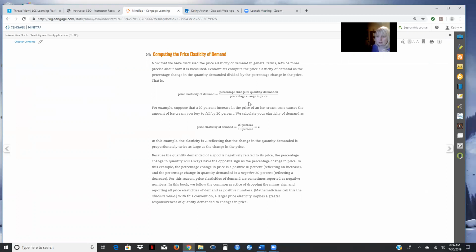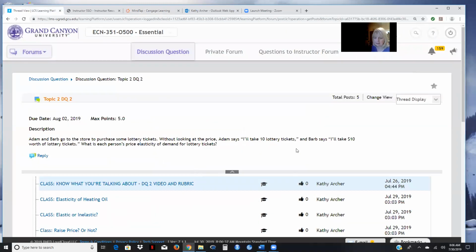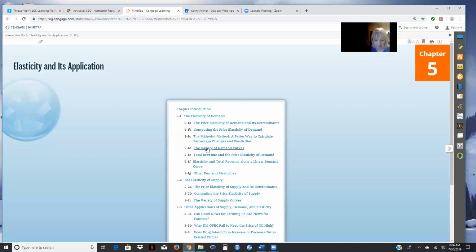How that works is going to tell you something about what the shape of the demand curve looks like and what the elasticity might be. Now, you'll recall in our question over here that it doesn't tell us exactly what the price of lottery tickets are. In fact, it kind of indicates that the price of lottery tickets are changing. So how are we going to calculate or even determine what the elasticity might look like? Well, let's take a look over at section D,